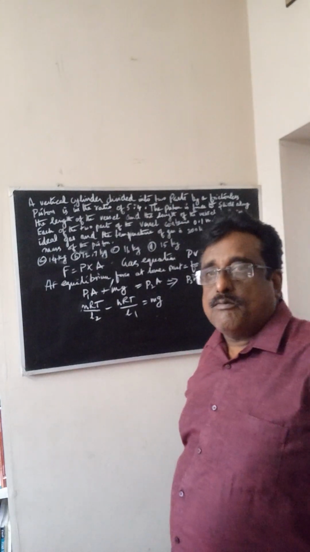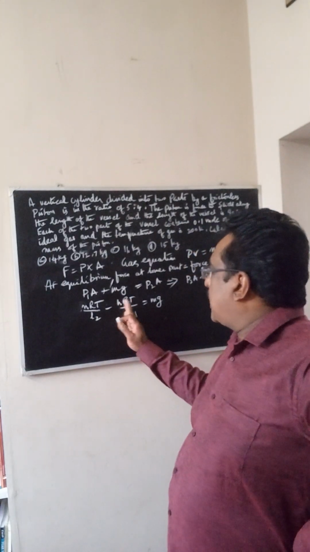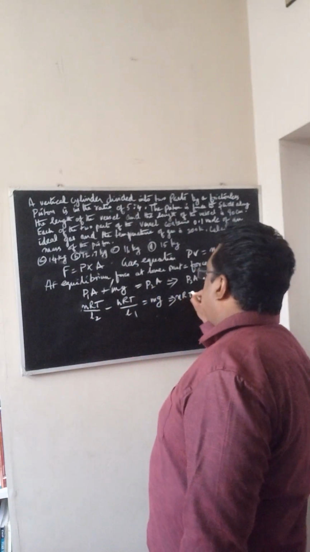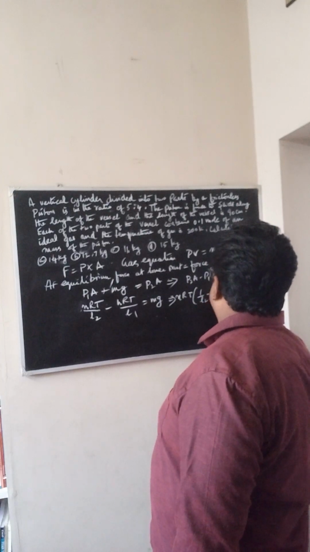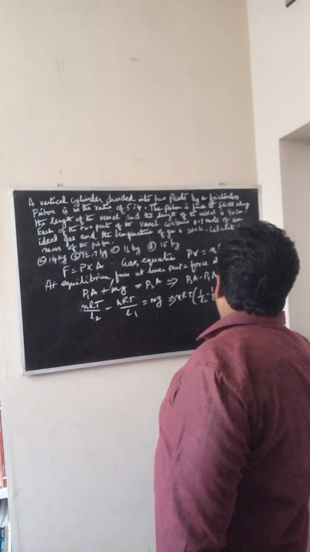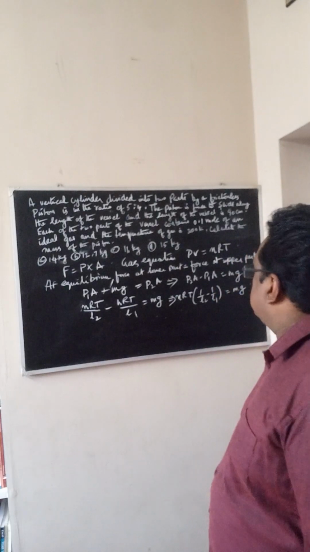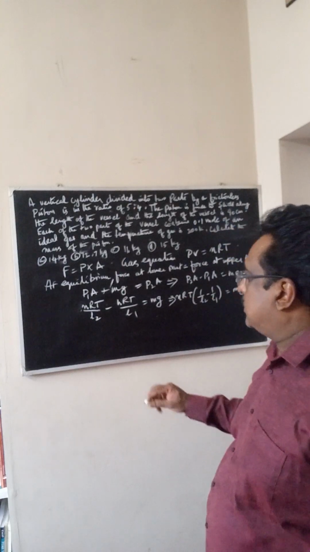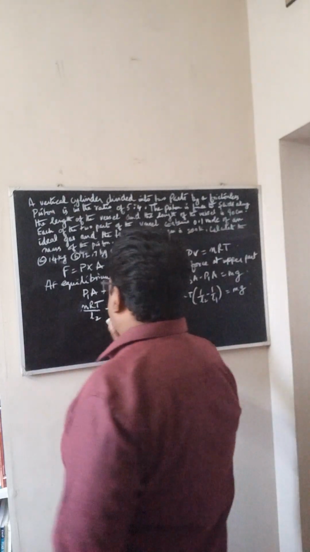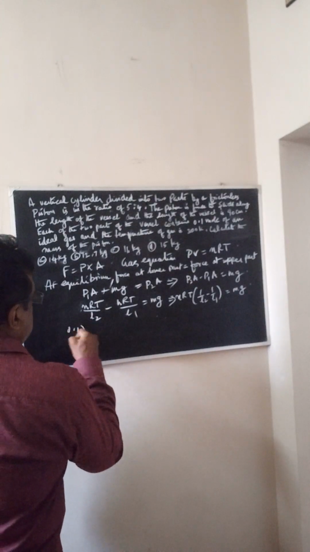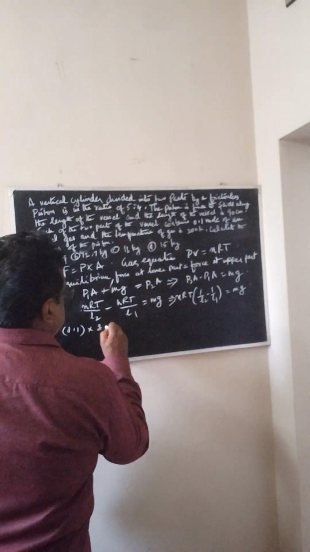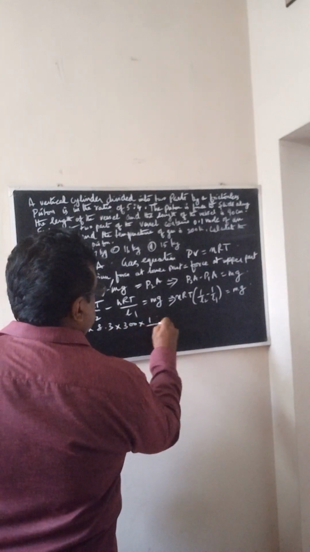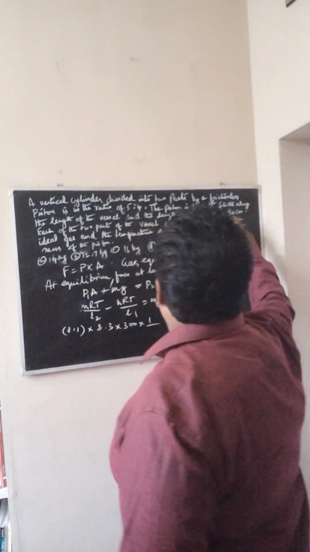Now nRT is common, so I take it outside and I say nRT into (1 by L2 minus 1 by L1) is equal to mg. Now I substitute the values for this. What is the value of n? 0.1 mole. R value is 8.3 into temperature is 300 Kelvin into 1 by